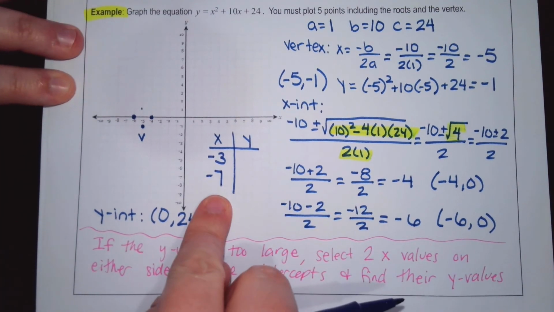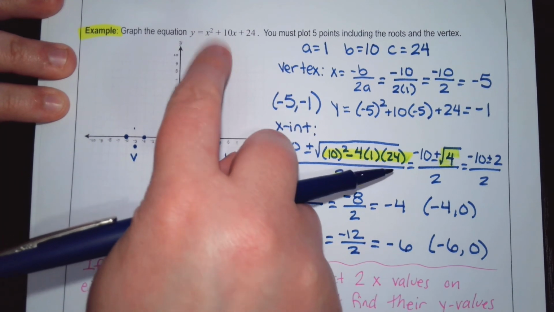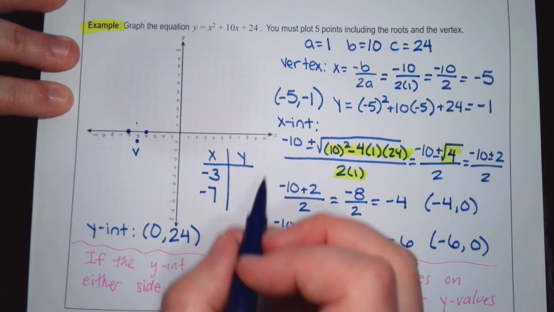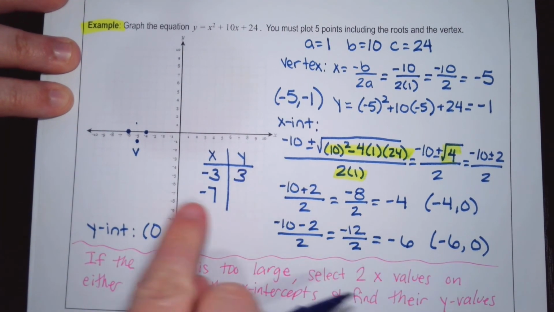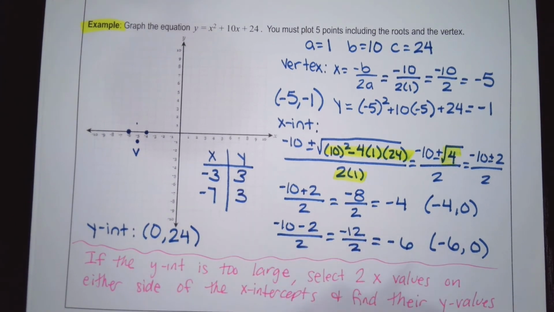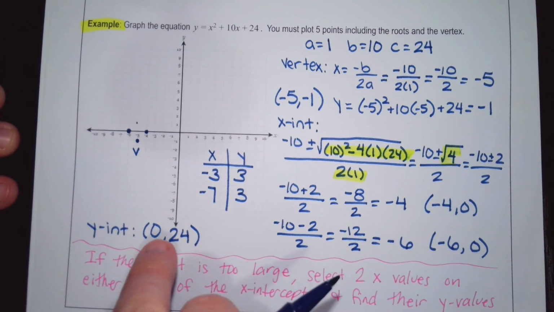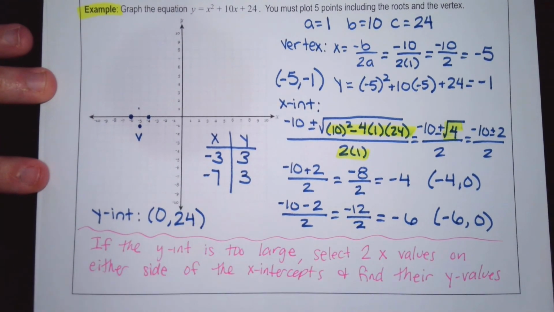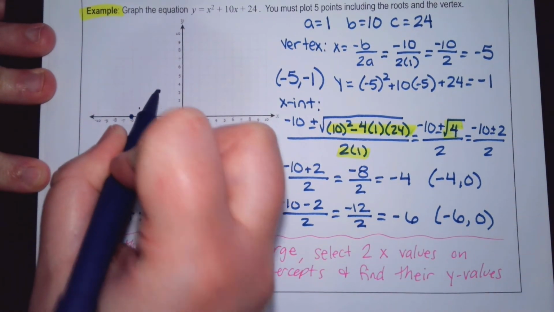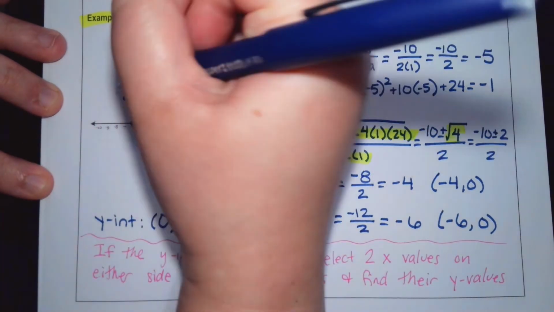And then all you're going to do is plug it back into the original and find their y. So when we plug negative 3 into the x's, we get positive 3. When we plug negative 7 into the x's, we also get positive 3. So now we are going to plot these points because our y-intercept was too large. So negative 3, 1, 2, 3. Negative 7, 1, 2, 3. So now we have our 5 points,